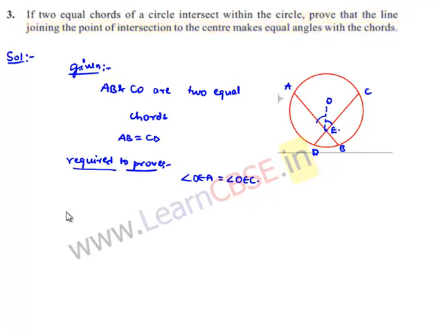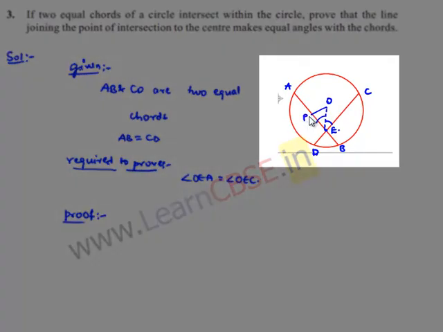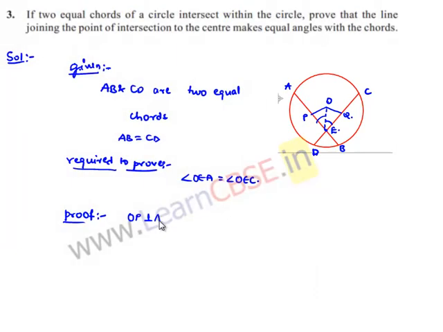Now, in order to prove that, let us draw perpendicular OP to the AB chord and perpendicular OQ to the CD chord. Therefore, here we have drawn OP perpendicular to AB and OQ perpendicular to CD. Now, let us consider in both the triangles, that is triangle OEP and triangle